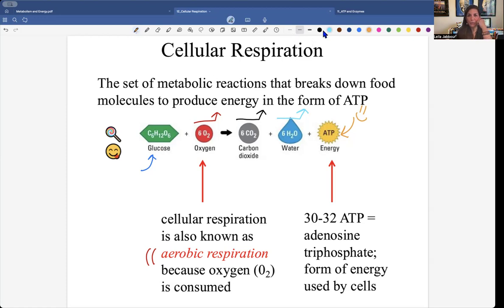Now, one more thing before I move on to the next slide. I want you to notice that every single one of these atoms is accounted for on the other side of the equation. We might not expect you to know all the chemical reactions and the details of that, but for the overall reaction, it's important for you to see that we start here with 1 molecule of glucose that happens to have 6 carbons in it. And these 6 carbons, we actually are going to find them